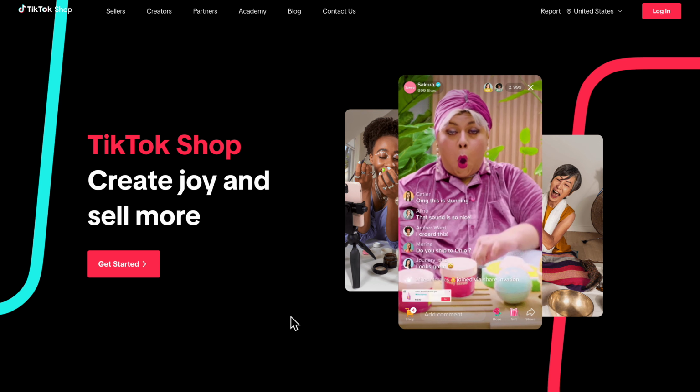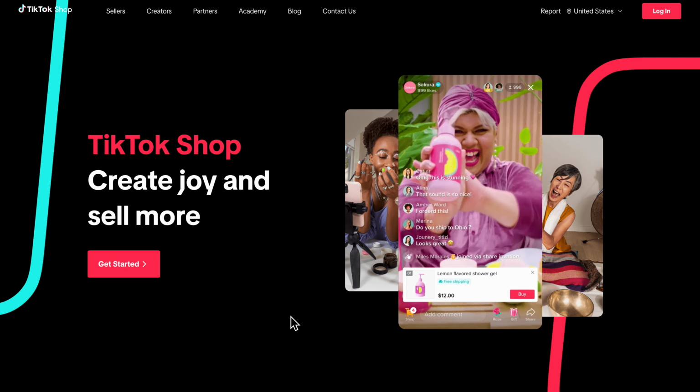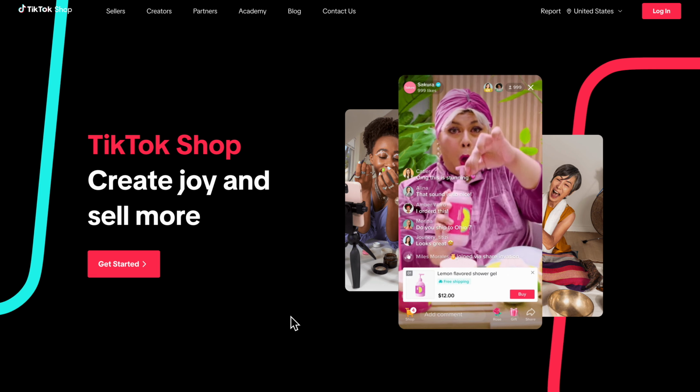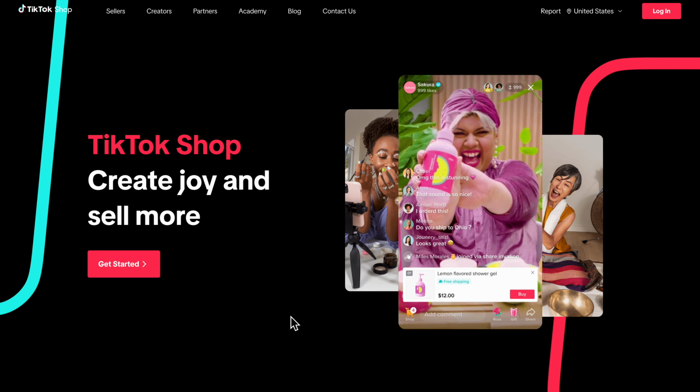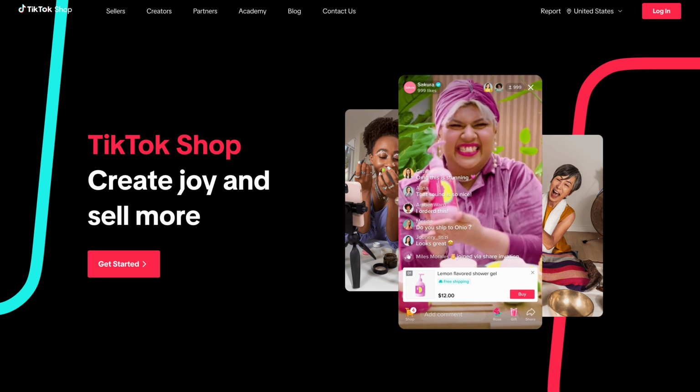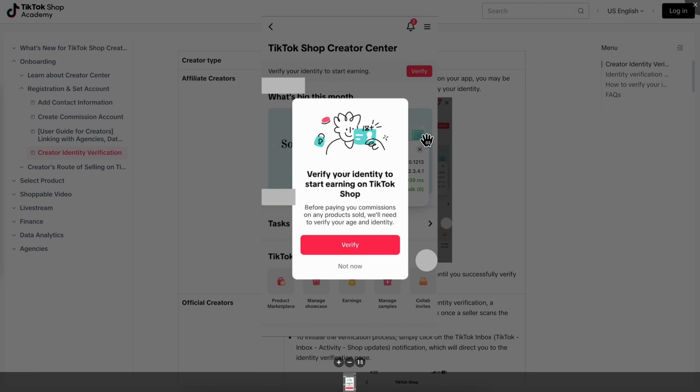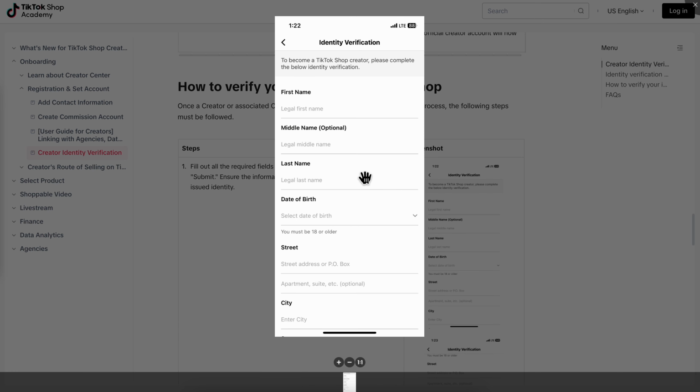In this video, I will show you how to complete identity verification on TikTok. So if you are trying to access TikTok Shop Creator Center, you may see this pop-up appear on your screen. So all you have to do is simply tap on verify, and then the next step is to simply enter